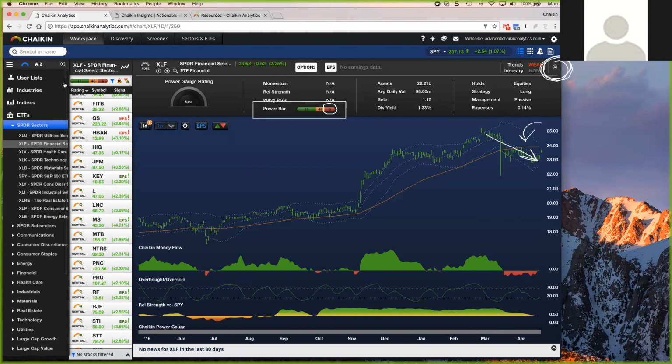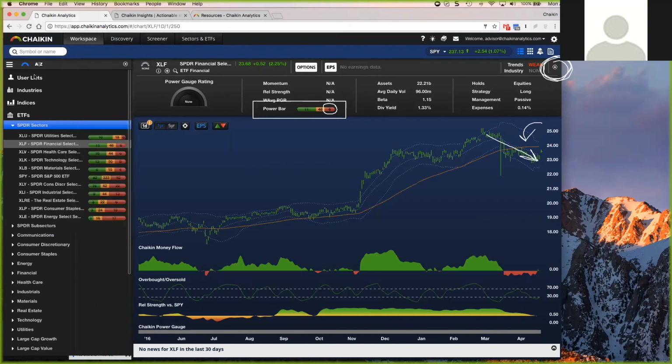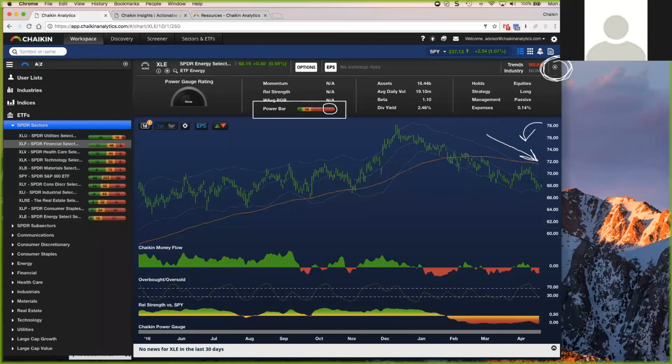And one of the great sectors to compare this against is what you see propping up all of those other sectors, and that's the energy group. So I'm going to pull up the XLE right now, and if you're wondering, well, how can I make the case for a bearish sector then? I would tell you to pay very close attention to energy right now. Because when you look across the board here, bear with me for a moment, you're going to find far more bearish stocks than bulls in this group.